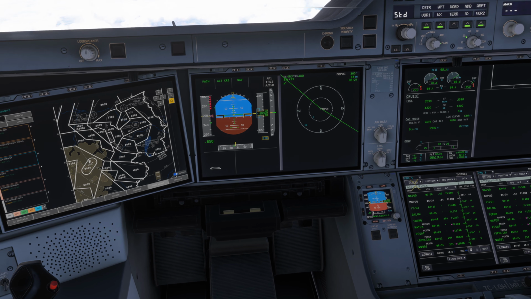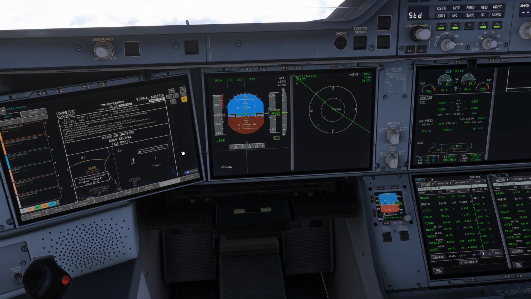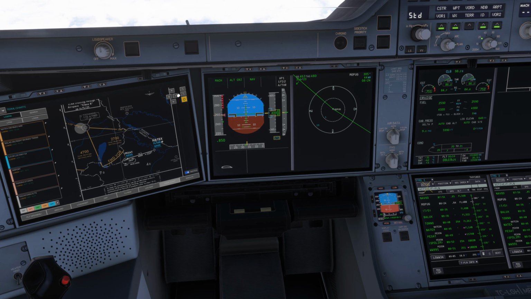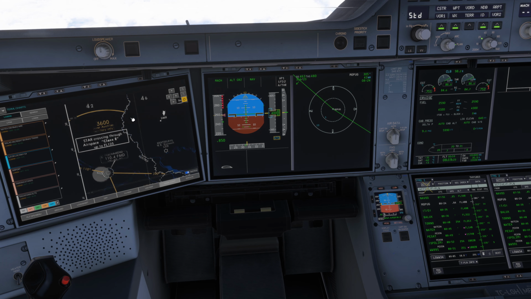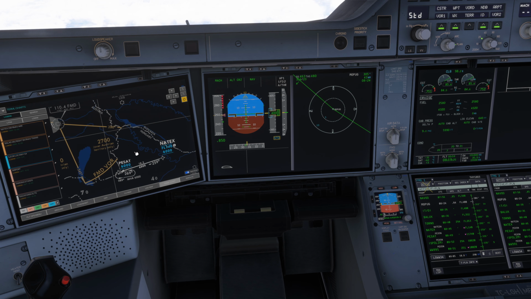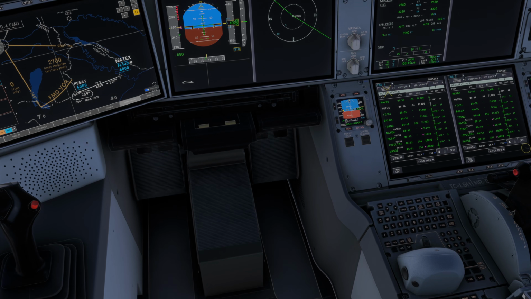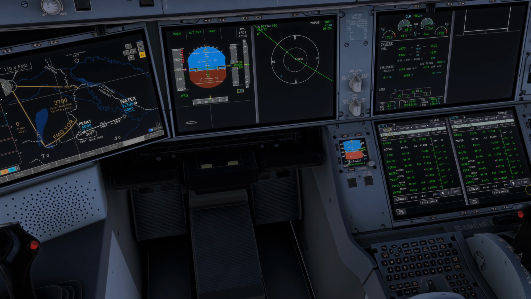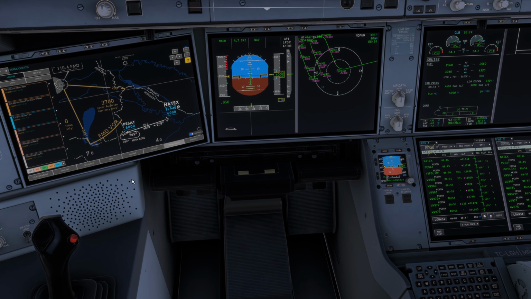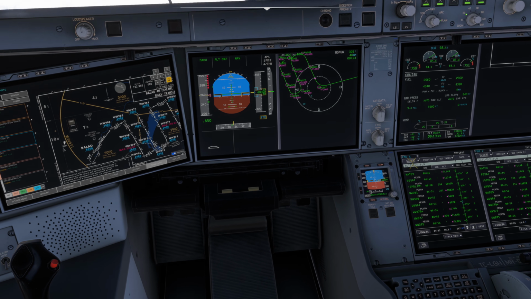Open our arrival chart, and now we're going to go over the entire arrival and ensure that everything in our FMS actually matches what we have on the chart down here. So let's go ahead and have a look. We're going to scroll through the flight plan over here, entering the start at NATEX between altitude 6000 and flight level 140, which we have in here, and then we can continue on towards PASAT above 6000 feet. From there we join the approach transition, so let's get that chart up